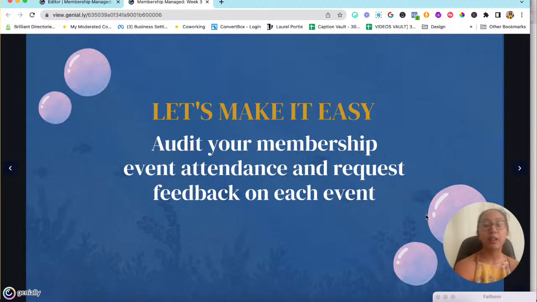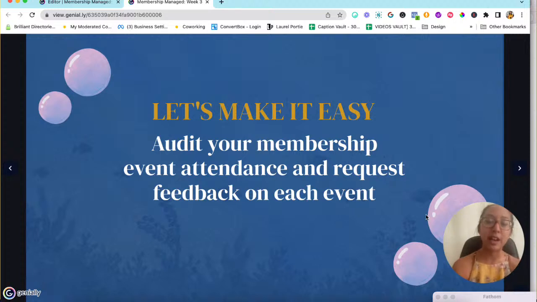You can do that through a survey, simply through ClickUp, another form like Paperform or Typeform, but you can also do this through different membership site or virtual event software. There's plenty of different software out there that allows you to request feedback based off each event. Now, I use a tool called Heartbeat to allow me to request feedback, which is automatically sent to the customer. If you're using software like Zoom, there are plenty of different applications and software being created all the time that will audit the attendance of these events, including Luma. But you can also just do a quick Google search and decide how you're going to collect the event attendance and request feedback from each event.